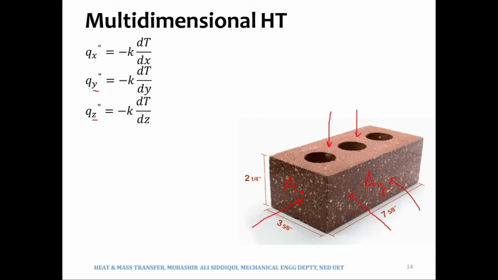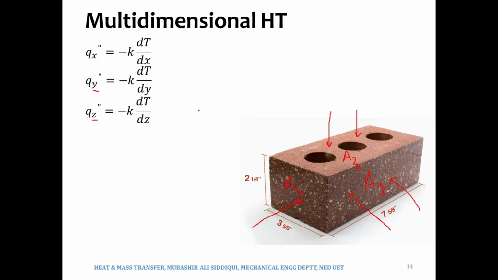Do not consider it as a hollow block for the time being. So now the heat will flow from the top face to the bottom face, or from the bottom face to the top face. And in here AZ would be this length which is in Y multiplied by this length which is in X. So you can see over here that AX, AY and AZ are all different quantities. They may be the same if it is a cube, and they may be different if it is not a cube, if it is a cuboid.